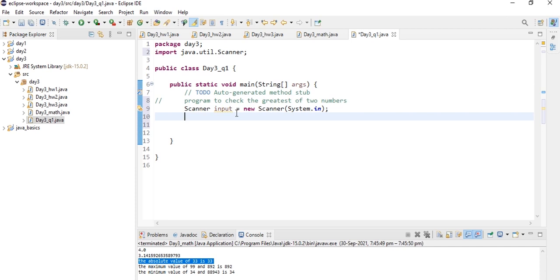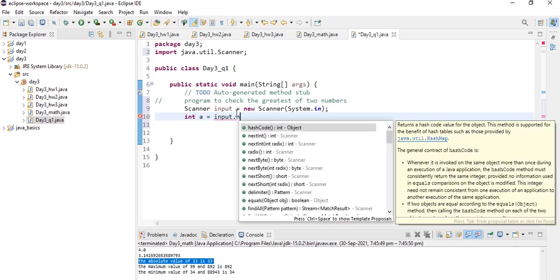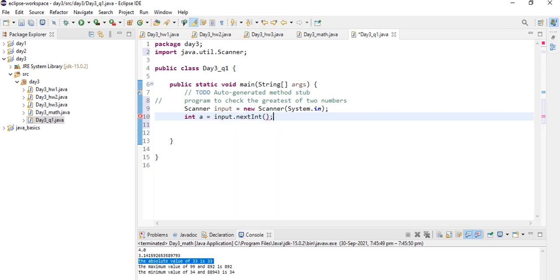So now we need to declare a variable of int data type, that is a equals input.nextInt(), which is a method available in the Scanner class to take integer input. And before that, let's print "Enter the value of a".